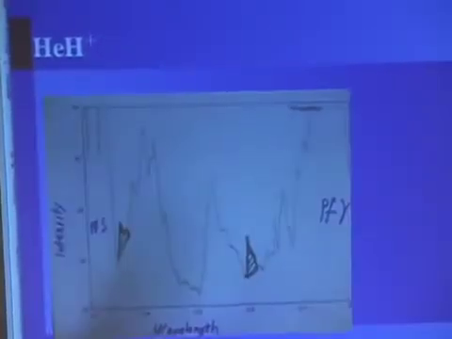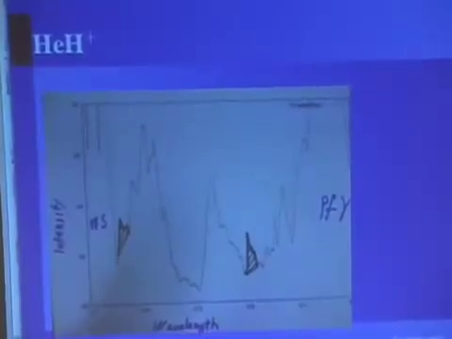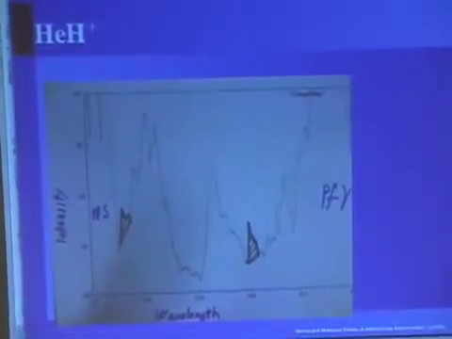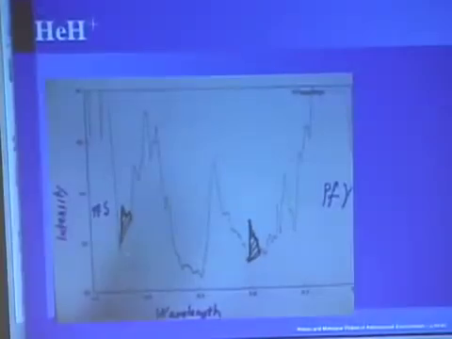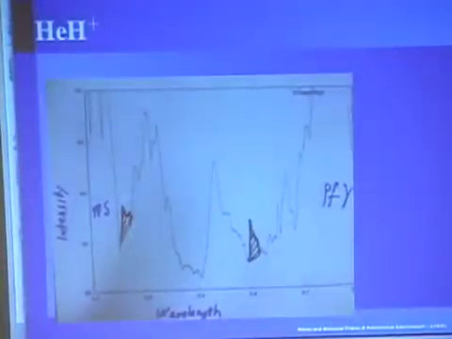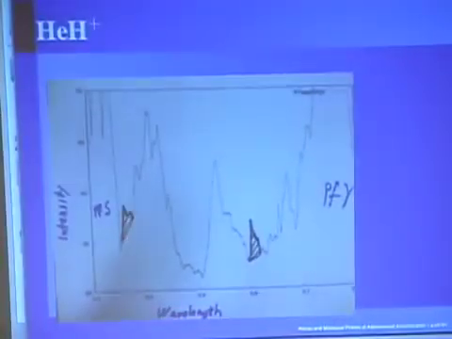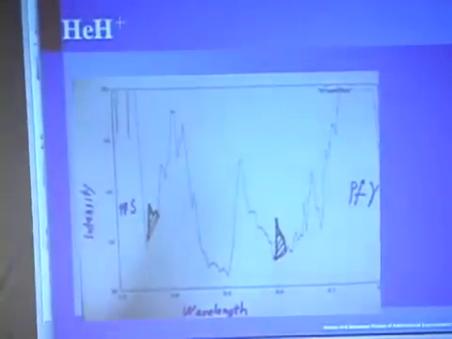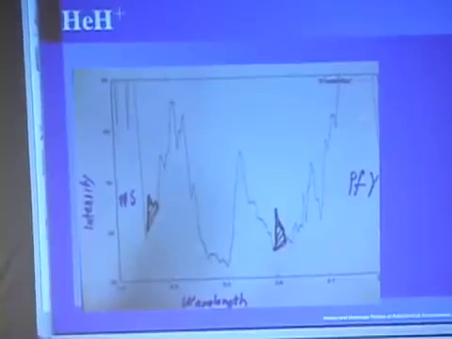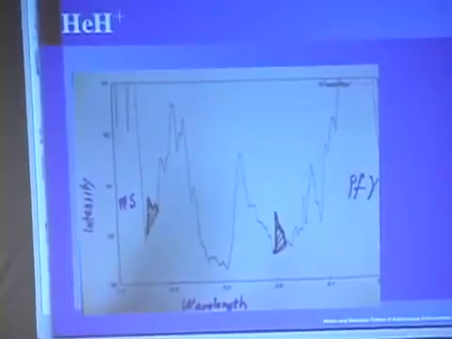And I grabbed the spectra after we saw how much HeH+ we had, and this is a picture of that, and brought it into Alex's office, and I said, oh, here's where the vibrational bands of HeH+ should be. I've colored them in green here. You can't see it too well, but it's the two colored in part. This is a hydrogen recombination line, and this is a hydrogen recombination line.